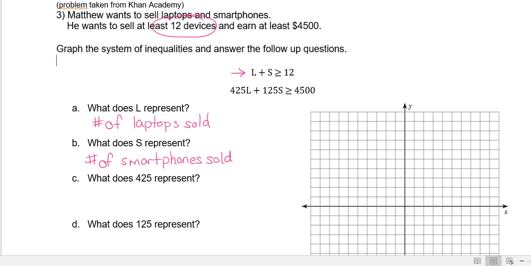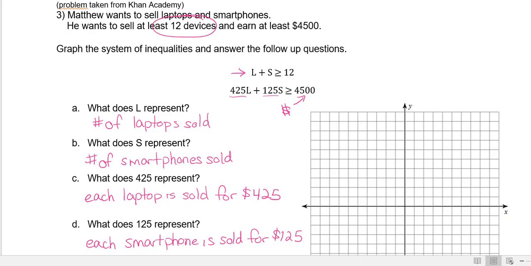Now in my second equation, I can see that I have $4,500 here at the end, and the other two numbers, we weren't actually given in the problem what those two numbers mean, but based on the equation, we can make some interpretations that both of those numbers would be how much Matthew is selling each of those devices for. So 425 means that each laptop is being sold for $425. Because if I multiply $425 times the number of laptops, that's going to help me get my profit. And then very similar for that 125, that each smartphone is sold for